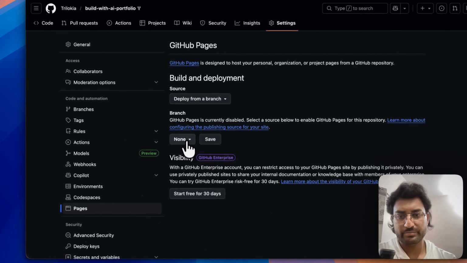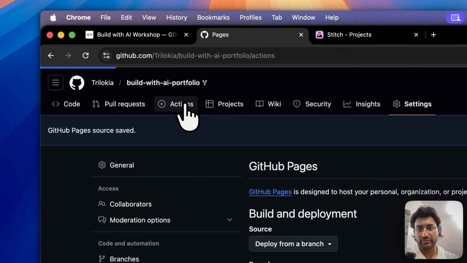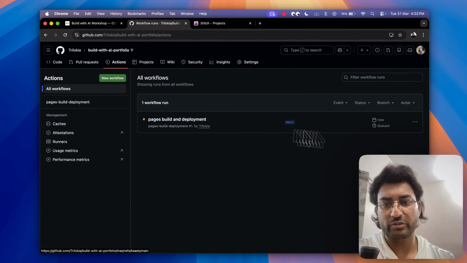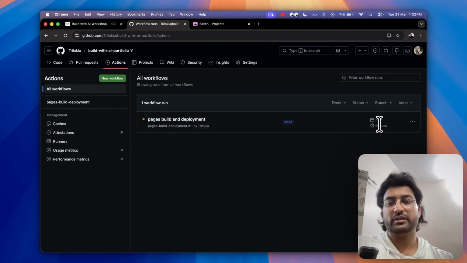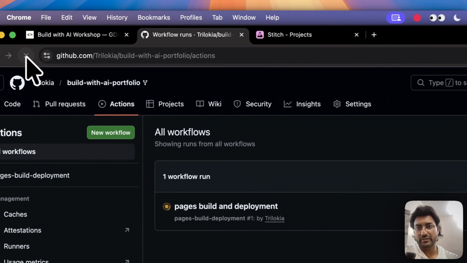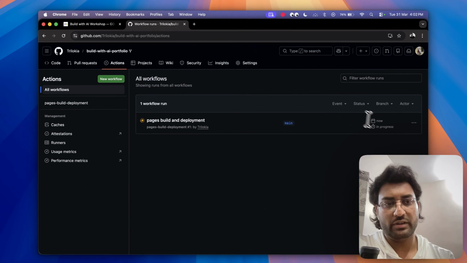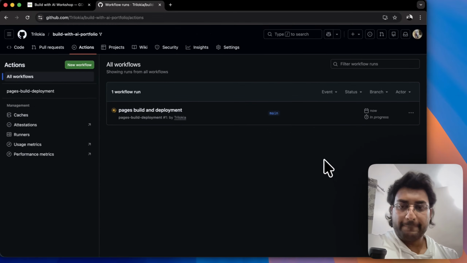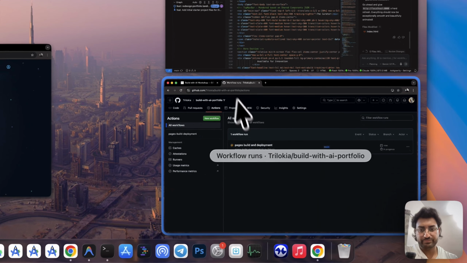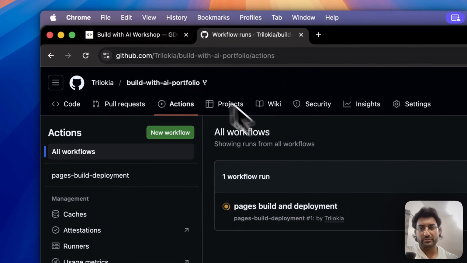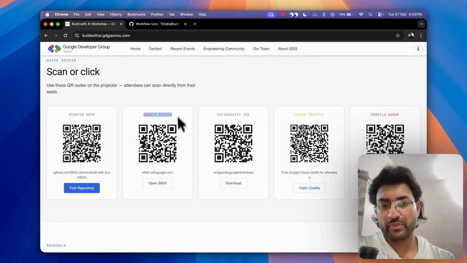Now in a few minutes your website will be live on GitHub and you can see it in Actions. Here it is trying to deploy your build. It is not queued at the moment, but in a few seconds it will be live with your URL. Let's wait for a few seconds and it is in progress. Once it is live, okay. So once you have done that,